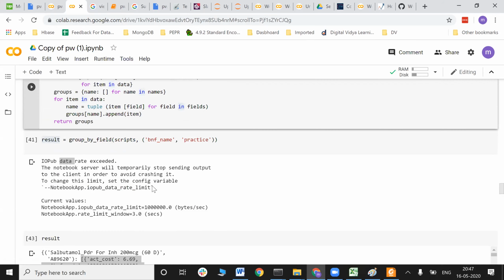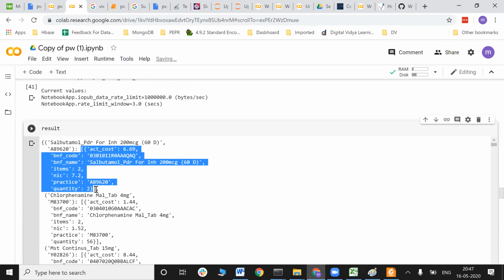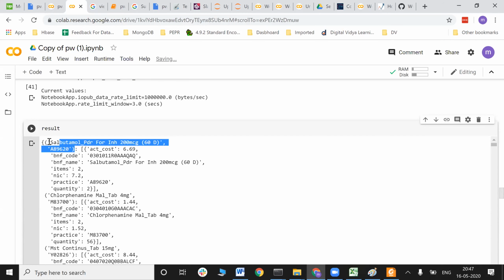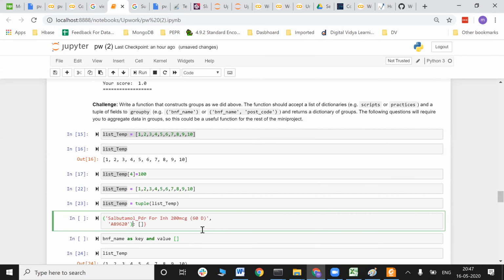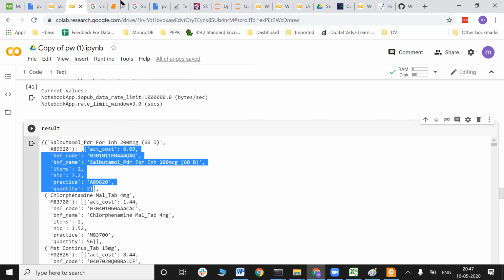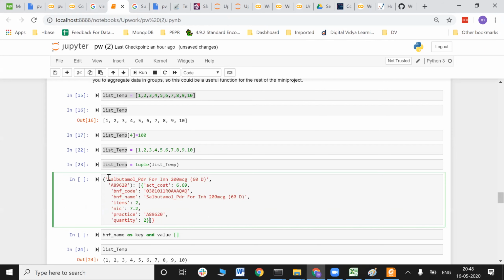That's why I'm getting all the item fields, BNF names, items, NIC, practice, quantity, all coming up as a part of my data within this list. This was like this before, an empty list. Now this list is filled up with all these values, starting from here till here. Are you able to visualize it? This is the key and this is the value within the list.